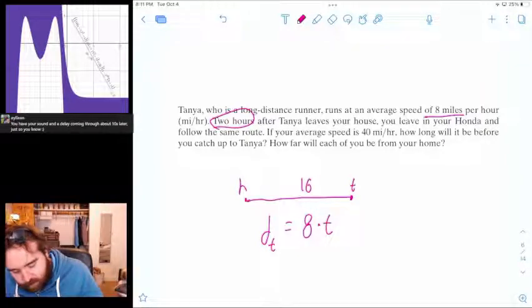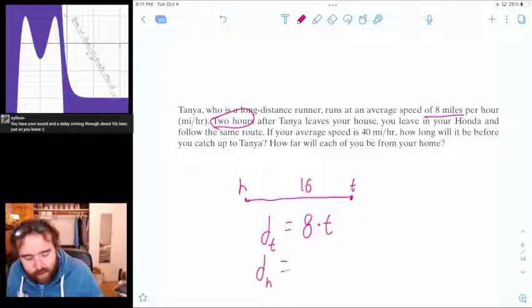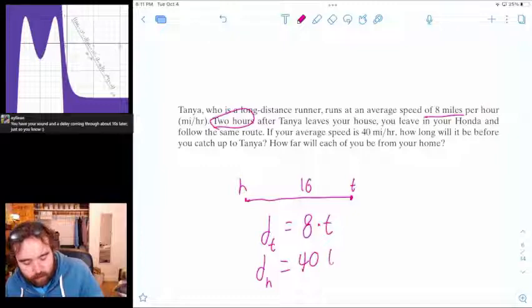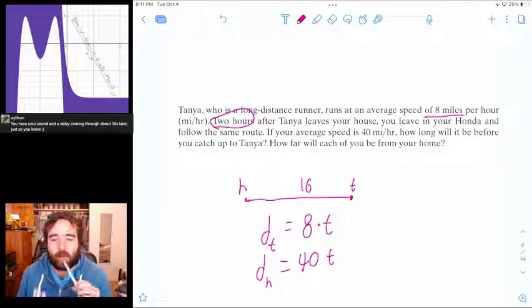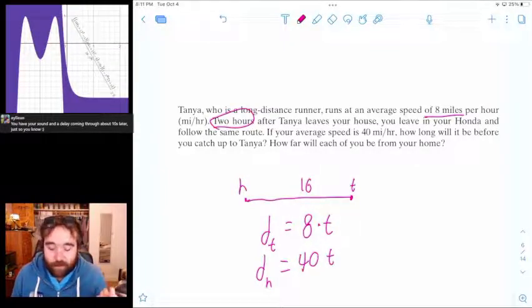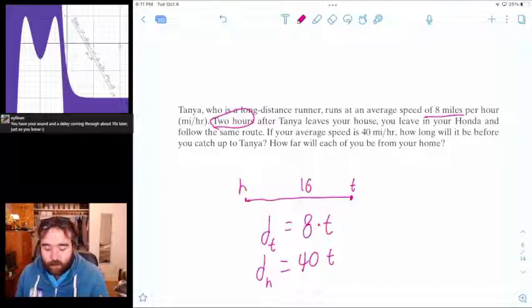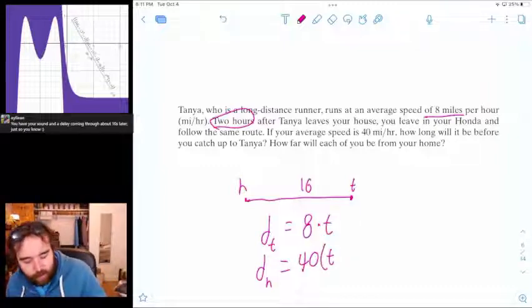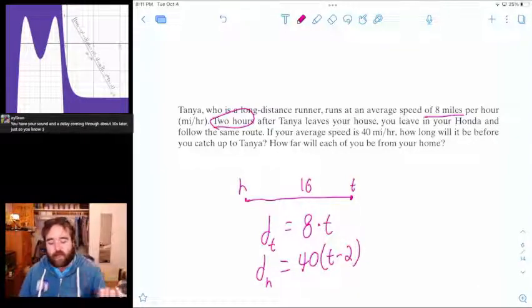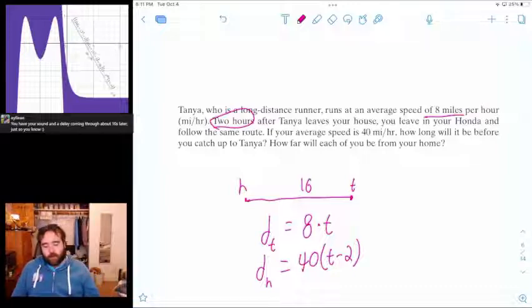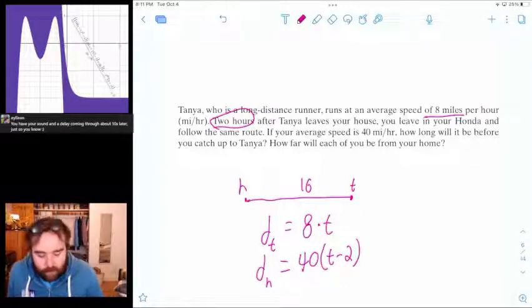And then secondly, let's do the distance for the Honda, d sub h. And what's that going to be? That's going 40 miles an hour. And so it's like we want to multiply that by t. But I remember that the Honda's not going the whole time because we're giving Tanya a 2-hour head start. So instead of multiplying it by t, we're going to multiply it by t minus 2. Because then see how if t equals 2,